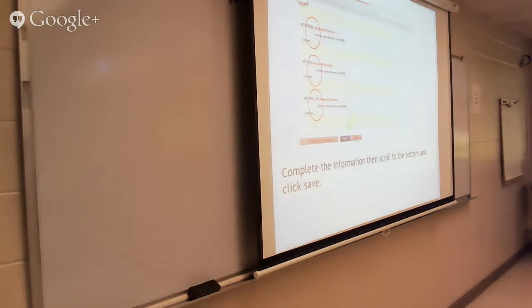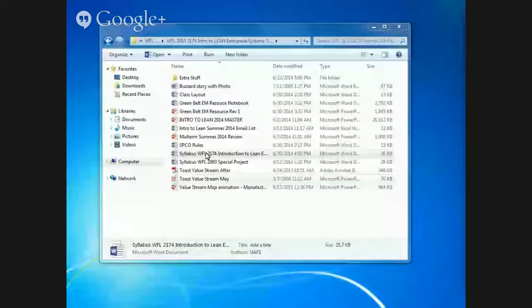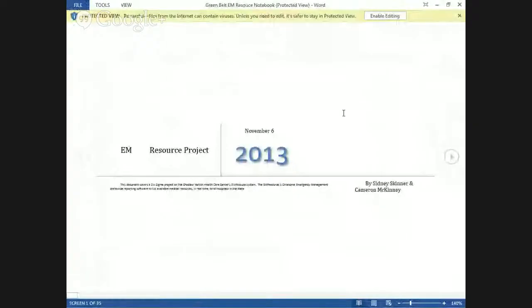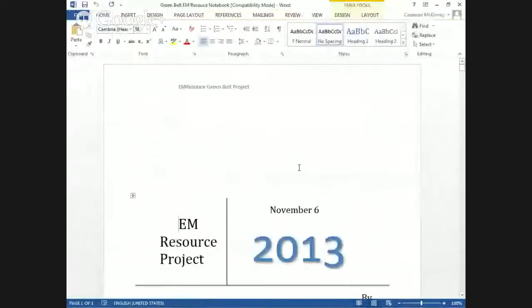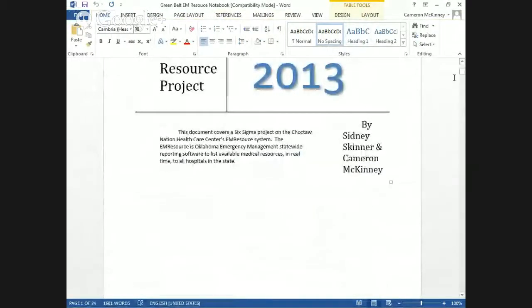Let me show you this report real quick, since I have it up. This works here. Screen share. Escape. We're going to close that out. And these are posted. They're in your shared folder. They should end up in there before too long. Here's the notebook. And if you have a thumb drive, you can catch me before you get out of here. But